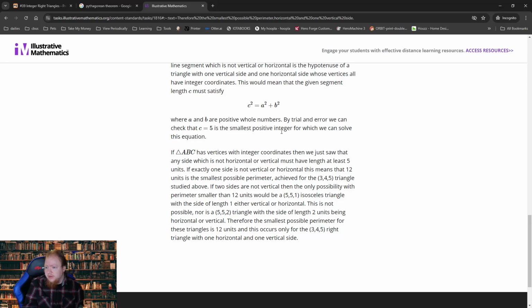C equals 5 is the smallest possible positive integer for which we can solve this equation. And then, so 12 is the smallest possible perimeter, which